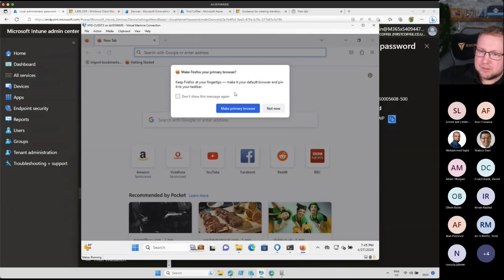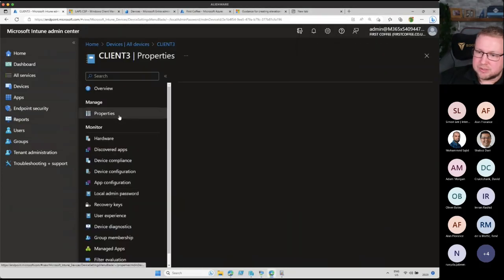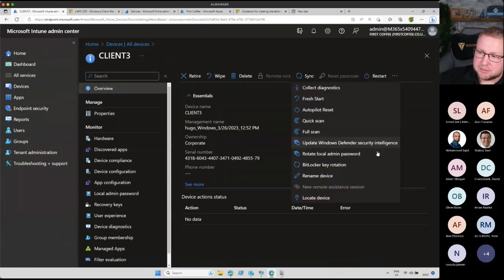Now, I think that's pretty much all I wanted to show on that. Although no, actually there are more things you can do. If we go into the overview tab on this, you can see we've got additional options here around rotating the local admin password. So if you wanted to rotate the local admin password for this device, you could